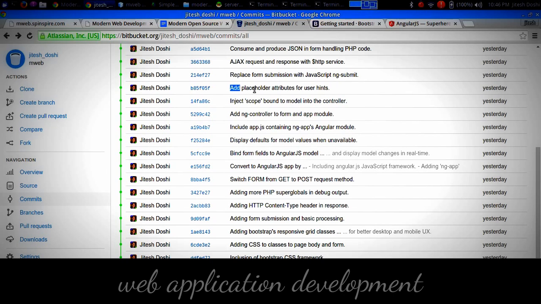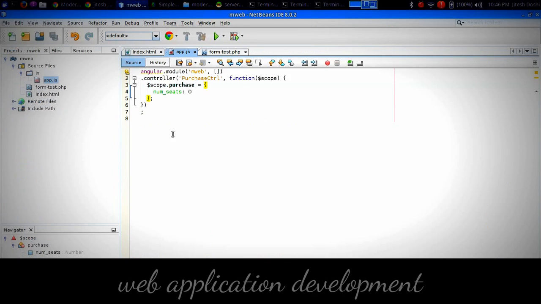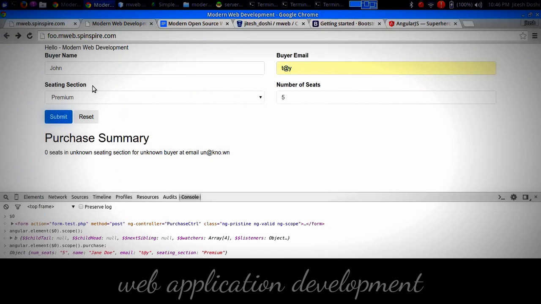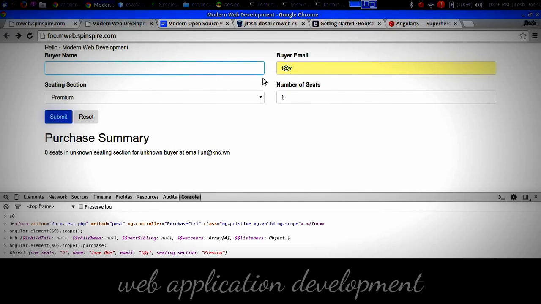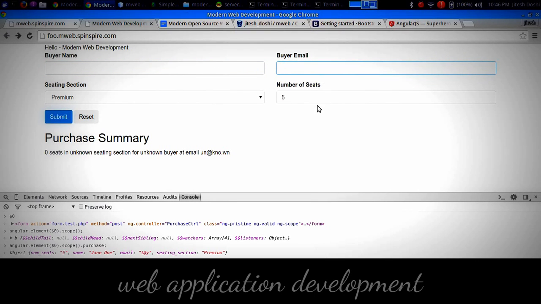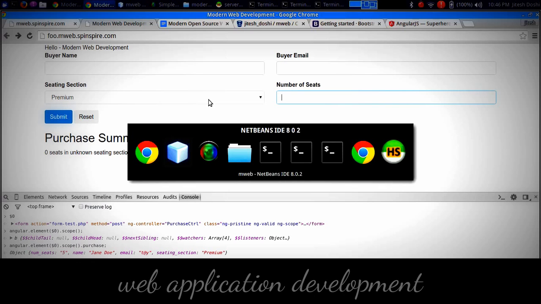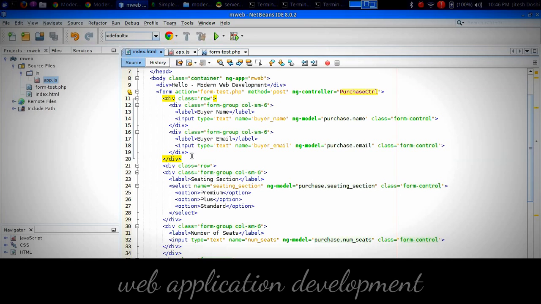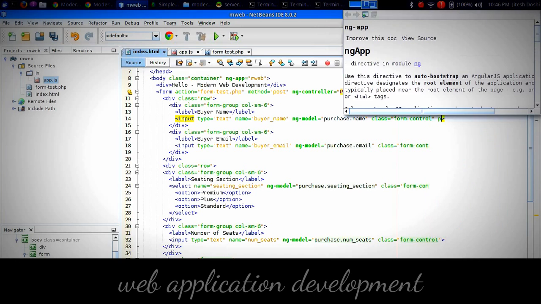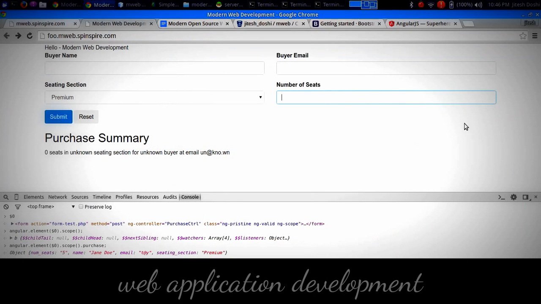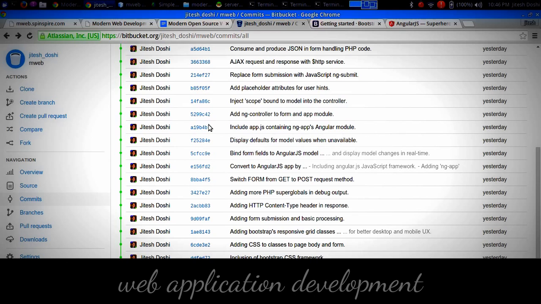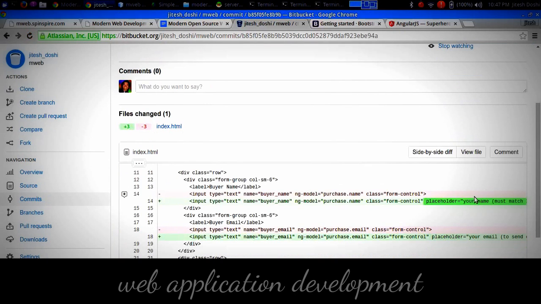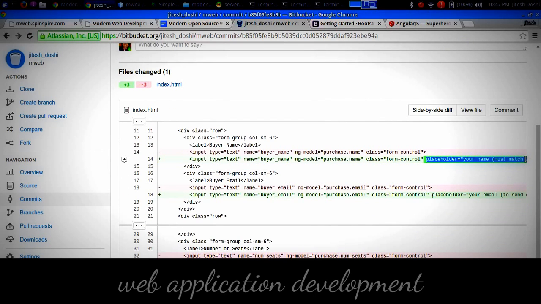We injected scope. Now, to make this form a little more user friendly, when you delete these things and they are not present, maybe it's a good idea to have some kind of a hint for the user. So all we have to do is go to index.html, and then in the input boxes we can add some placeholders. So we can say placeholder, and then whatever you want in terms of hints for the user. In our case, we can just say placeholder your name,